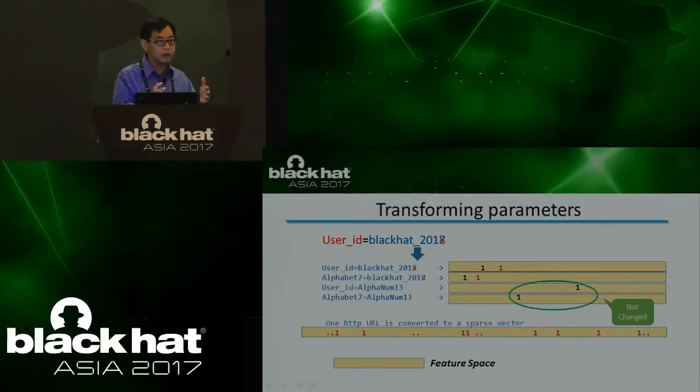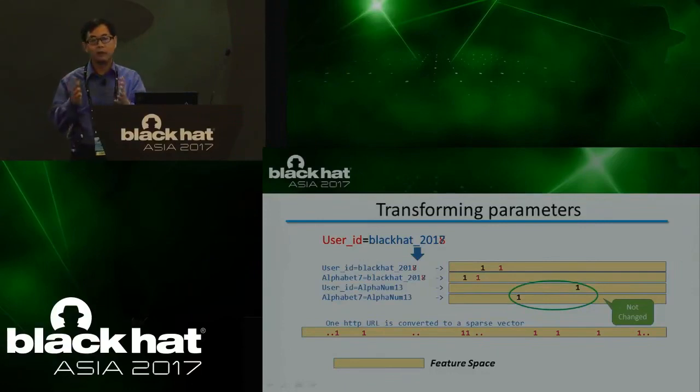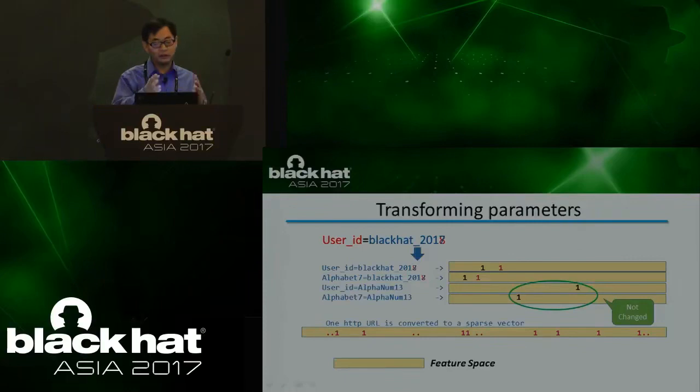Based on your imagination, you can say, I want to focus on the key, because the key normally doesn't change. So we can add another mapping: key equals nothing, so we add 1 bit for the key. We can also add key equals type of value. For the values, we only care about type, not length. So if they just change the length and keep the same type, that will be the same bit.